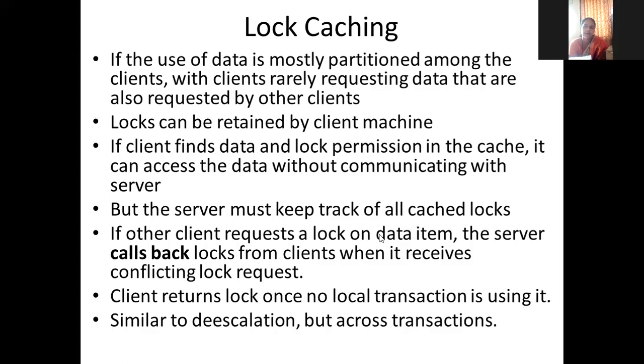The client can acquire the lock on all of ABCD, but another client wants the data of C and D. The server can grant the lock on ABCD unnecessarily to one client. So at that time, the server can send a message to the client side: you need to take back all these locks on the data items that are not used.